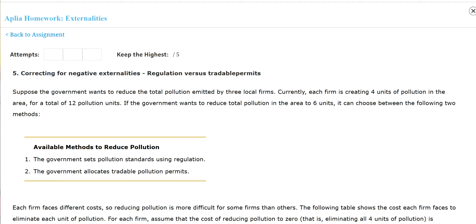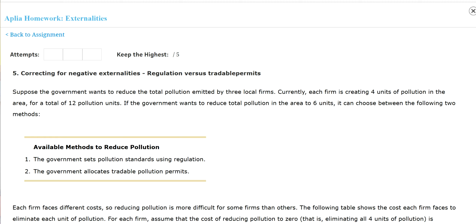Alright guys, let's work on number 5 in your chapter 10 homework. So it says, suppose the government wants to reduce the total pollution emitted by 3 local firms. Currently, each firm is creating 4 units of pollution in the area for a total of 12 pollution units. If the government wants to reduce total pollution in the area up to 6 units, it can choose between the